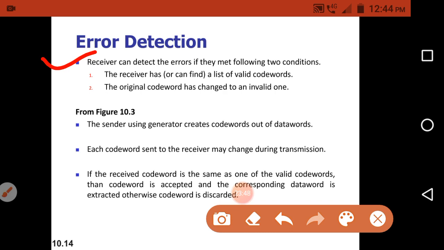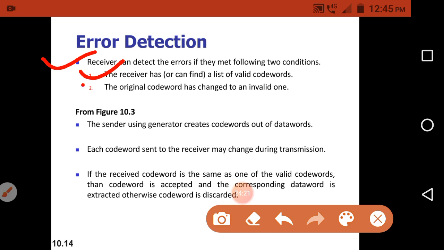The first condition is that the receiver has the list of valid code words. The receiver must contain the list of valid code words. Why? Because whenever the receiver receives a code word, it needs to compare that received code word with the valid code words. Then only can it detect the errors. So that's why the receiver has the list of valid code words.